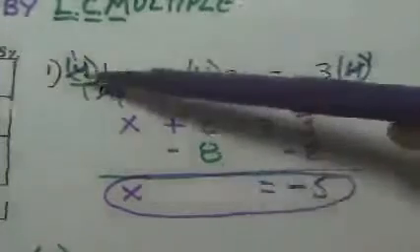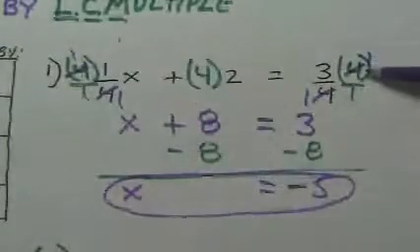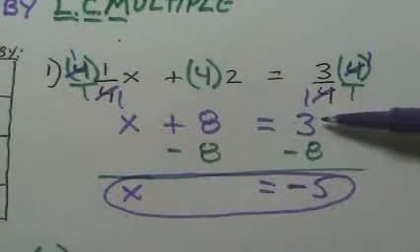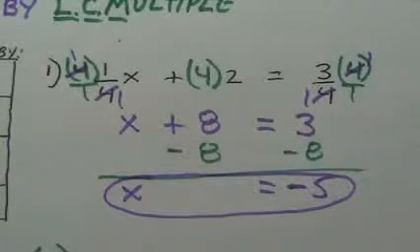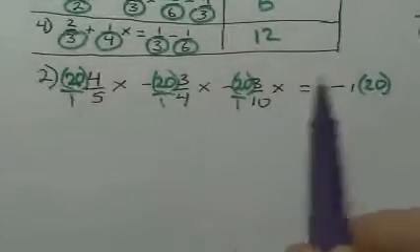So you can see that we eliminated the denominators simply by multiplying by the least common multiple. And now we just have a simple equation. Okay, number 2, we multiplied everything by 20. Now let's